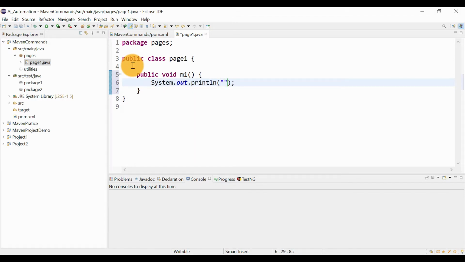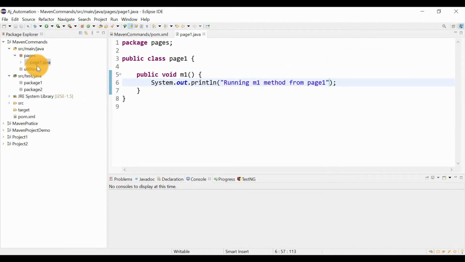We are not going to use the actual Selenium script over here. We will just print something in the console, like running m1 method from page 1.